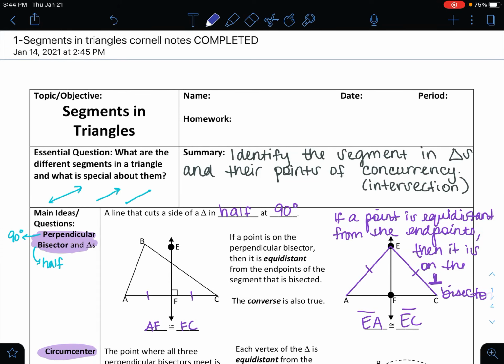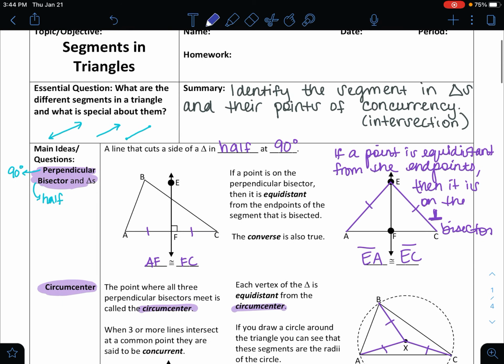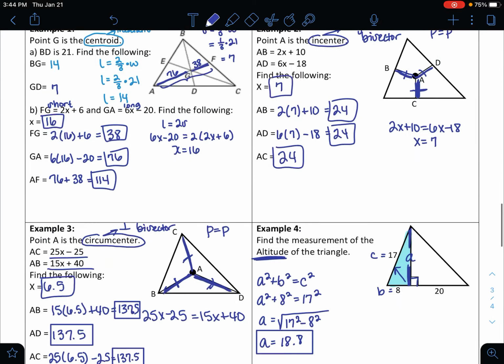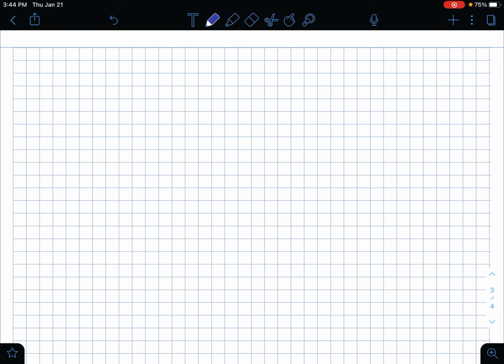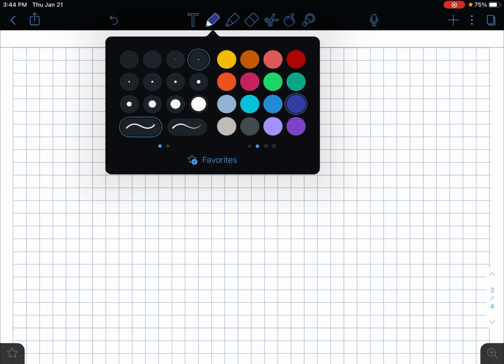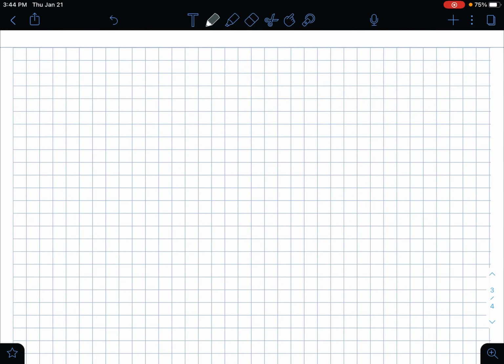Okay, so I want to go to the very bottom of this notes document and I want to add something. Wherever the bottom is for you, we're going to add some stuff. First thing that I want to add: I'm going to compile a cheat sheet of sorts for you, and we're just going to take it from there. We're going to start with